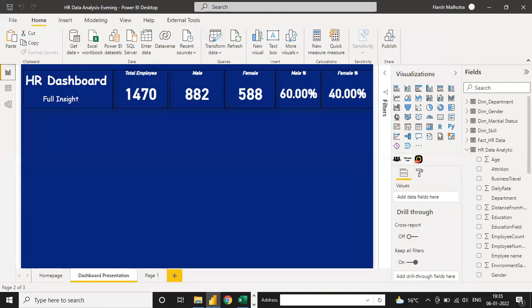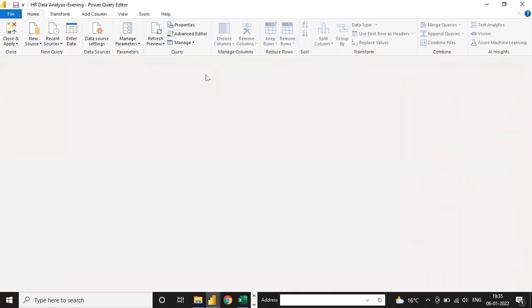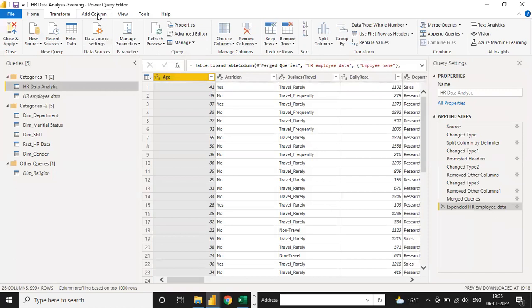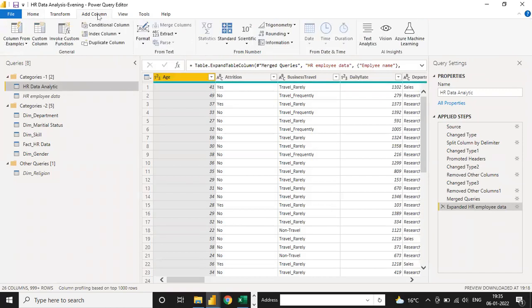Suppose I click on this transformation here, and you can see you have an add column option. Under this add column you have conditional column. You can use it here also, and here you can just drag and drop, you do not have to write a function. But I suggest that instead of a custom column you use a DAX function, because it will build your condition writing skills in your mind. Otherwise you can use this also.